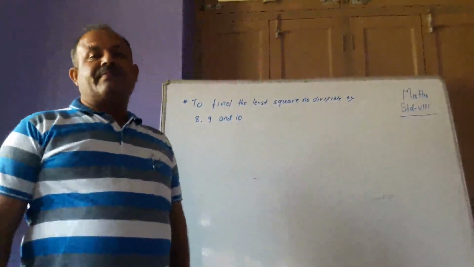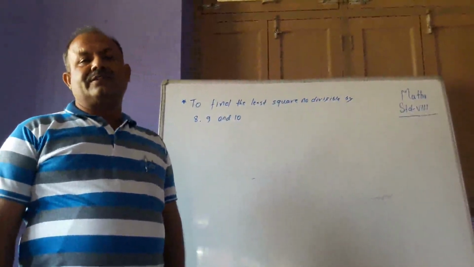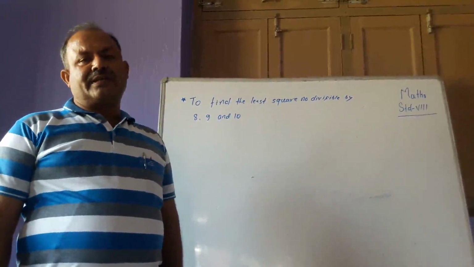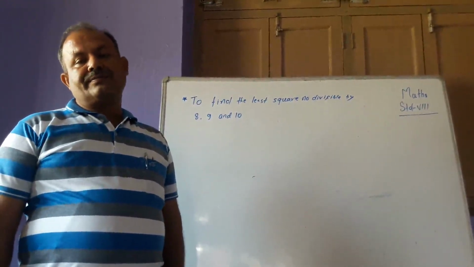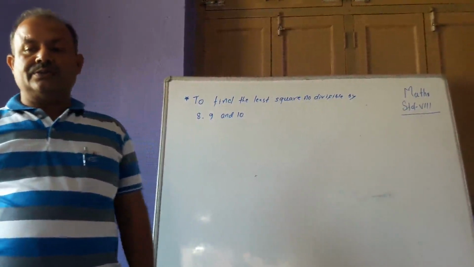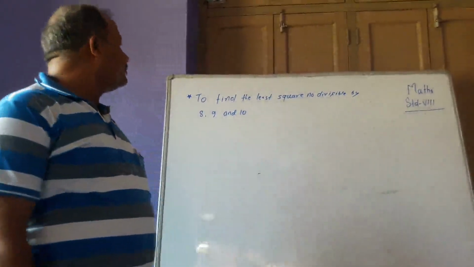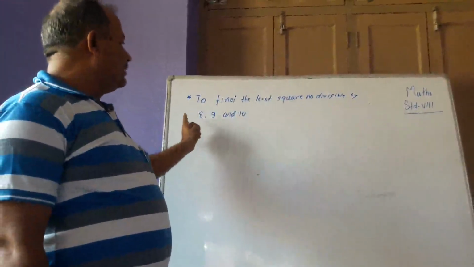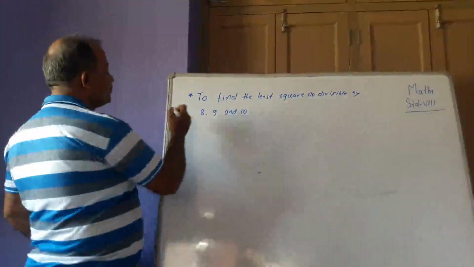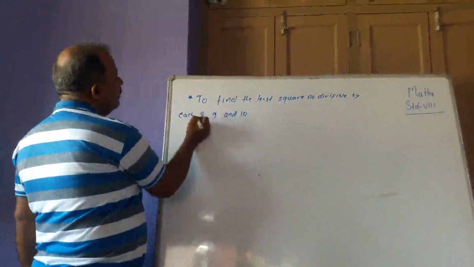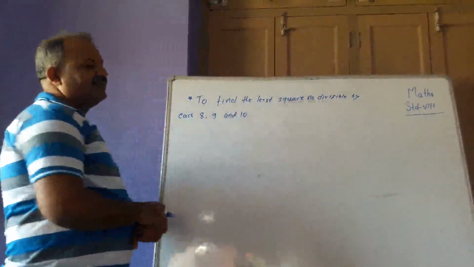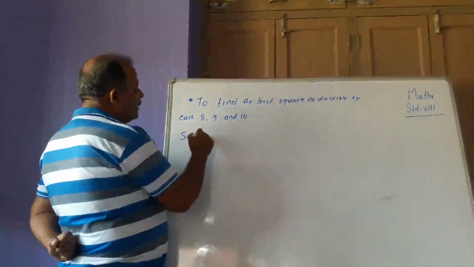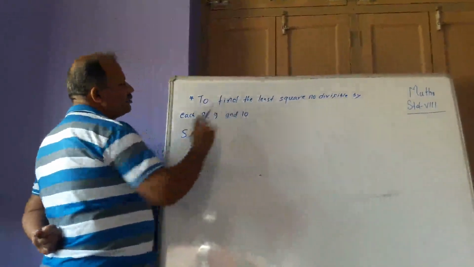Hello everyone. Today I am going to discuss with you all some of the important problems based on square and square roots. See here, to find the least square number divisible by each of 8, 9 and 10. First of all, while we are going to find the solution for this question, you have